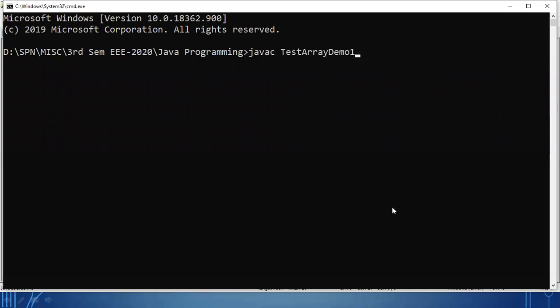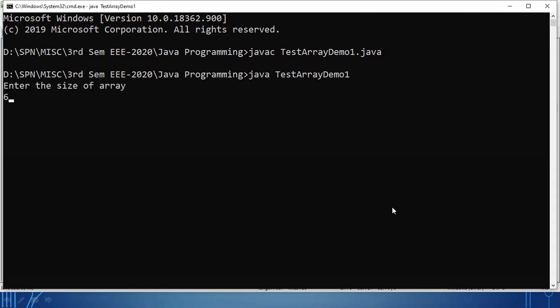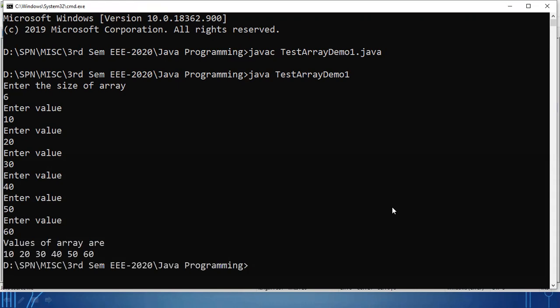Java C. Done. Compilation. Execute. So enter the size. Suppose 6. 10, 20, 30, 40, 50, 60. 6 values. Now all the values are being printed. Clear?